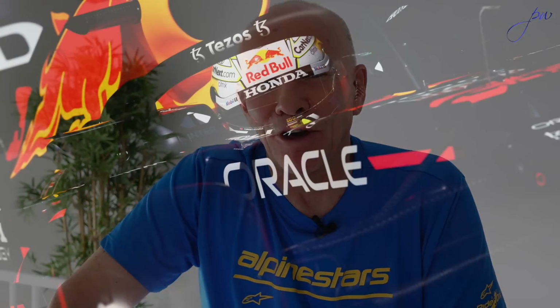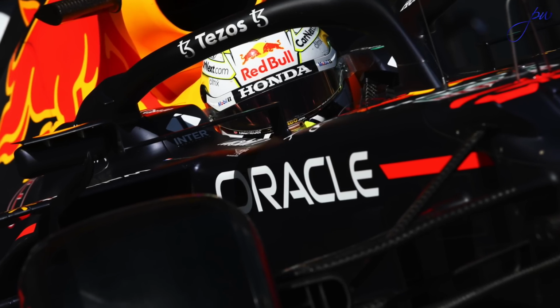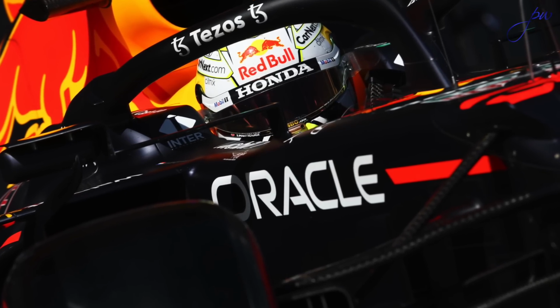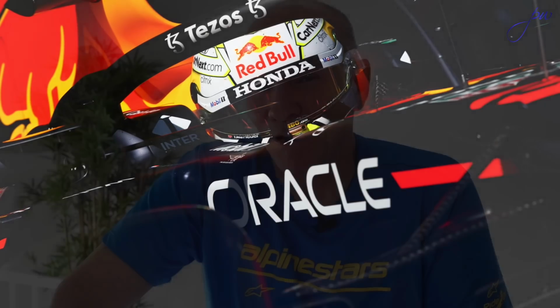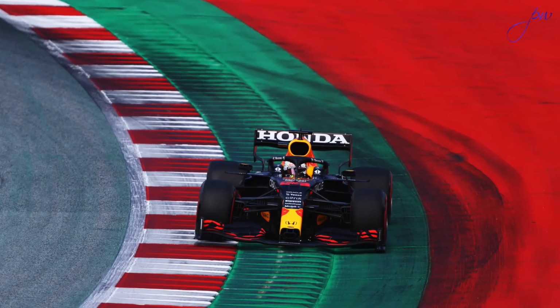There was a barrier out there to be broken today in Austria for Formula One cars in this current configuration. That was 1 minute 4 around the Austrian circuit, the very small Austrian circuit. Max did it twice, 1 minute 3.8 and then 1 minute 3.9 in his last run in Q3. Both laps were good enough for the pole, and both laps had him through the speed trap at around 314 kilometers